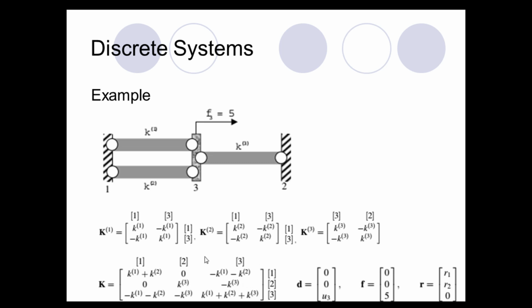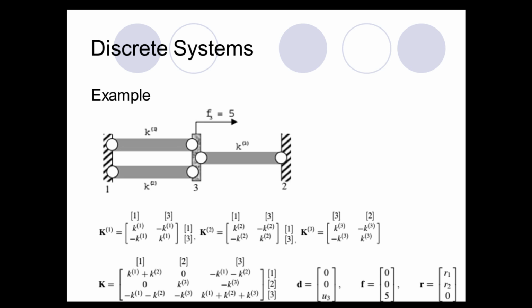Now we form the global stiffness matrix by directly summing up the proper nodal values inside the element stiffness matrices. This is another way of doing this operation instead of using gather and scatter matrices. Okay, now we will form the global